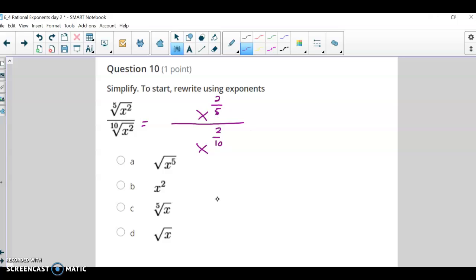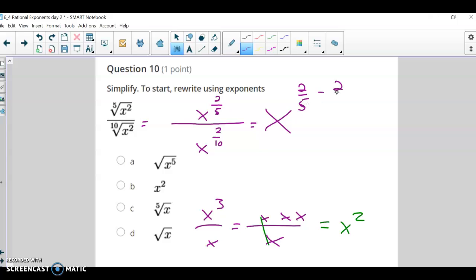Okay, and now the rule is when you divide like this, you subtract. Okay, and if you forget that, I just do a simple problem without fractions. And just think, okay, that's x cubed, there's x to the first, cancel it out, and we'd have x squared. So the shortcut is you want to subtract the exponents. So our answer here is x to the 2/5